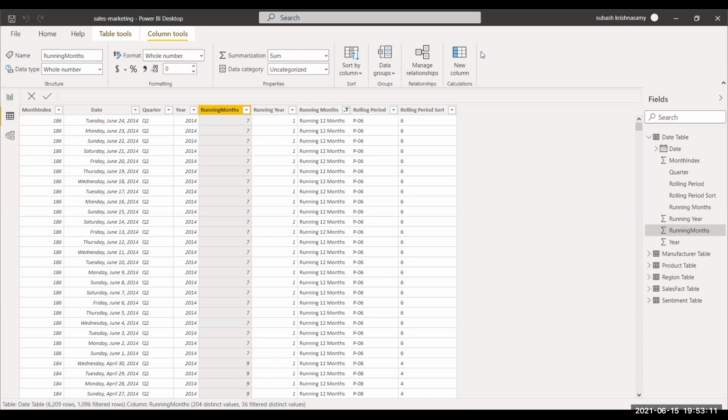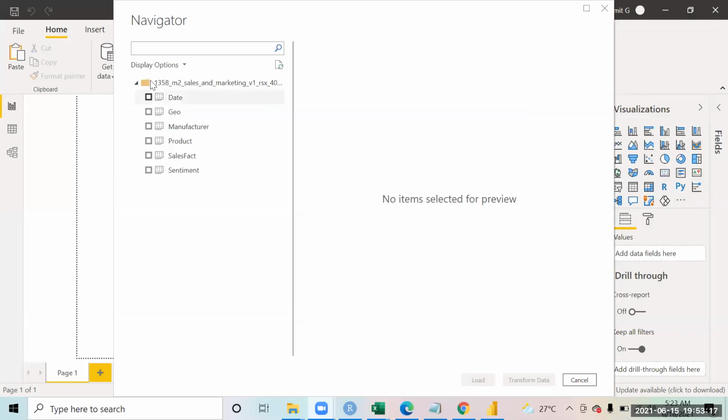So I'll share my screen. Right, so I have these tables with me.